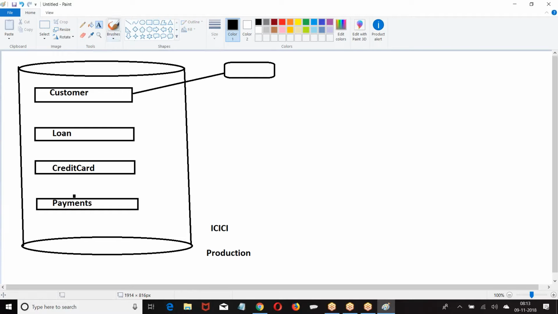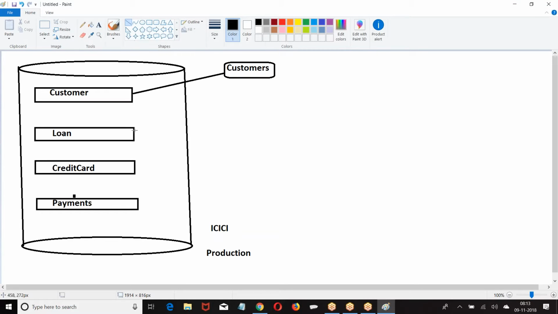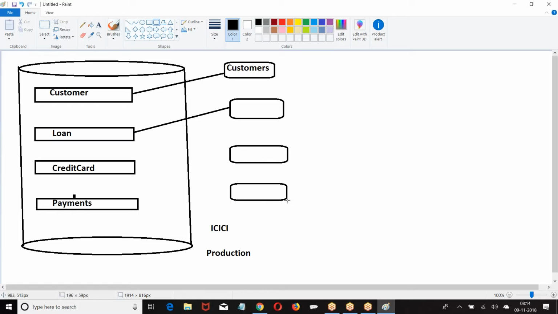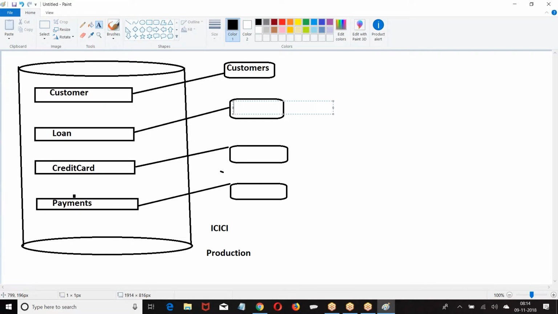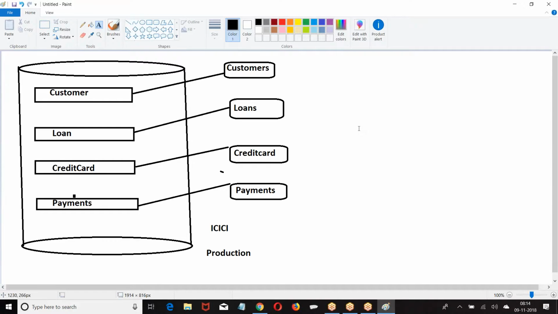On one object, only one tab can be created.